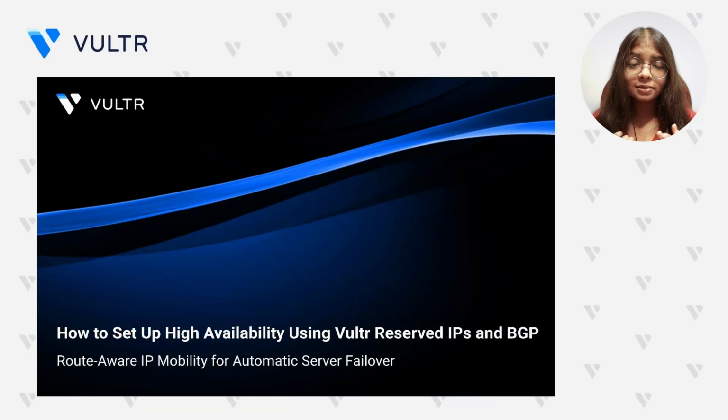In distributed systems, uptime often hinges on how fast we can redirect traffic to a healthy infrastructure when failure strikes. Vultr Reserved IPs gives us the ability to reassign traffic between instances, but that requires a manual step. If your instance goes down, you need to intervene to reassign the IP. To eliminate that operational friction, we can combine Vultr Reserved IPs with dynamic BGP route advertisement. This transforms it into what we call a floating IP behavior, a setup which automatically shifts the IP to an active